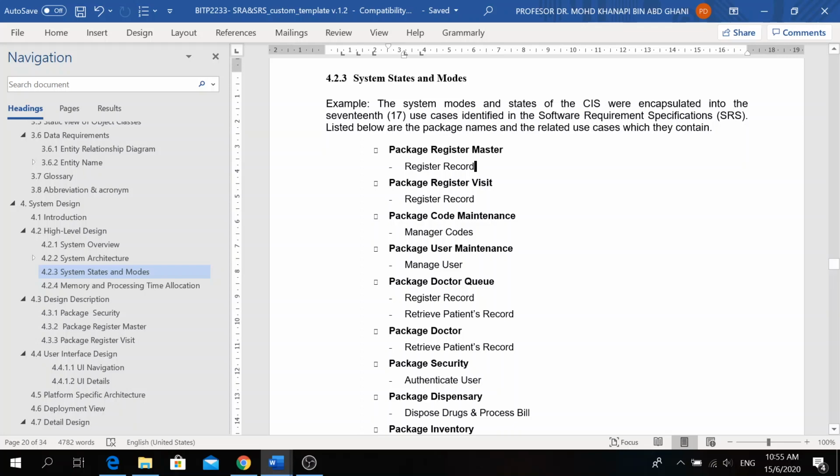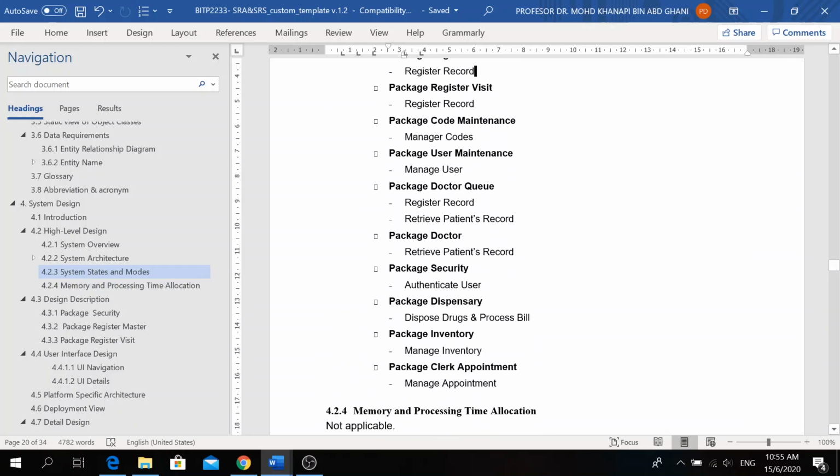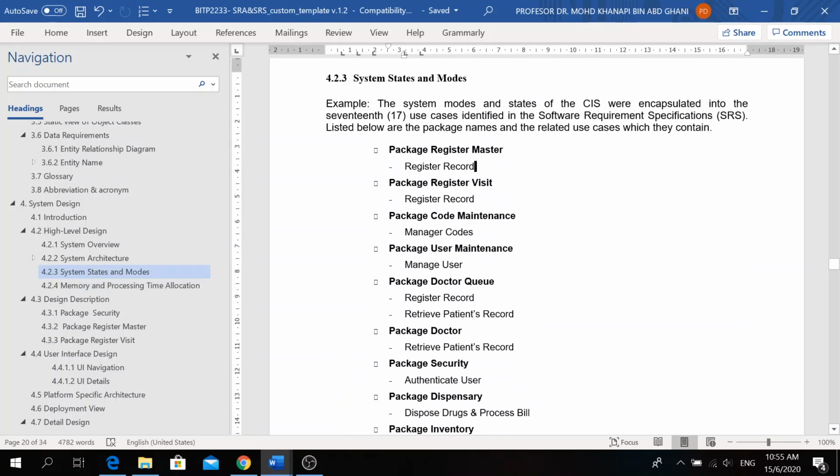Okay, so this is just to list or identify each of the packages that you described in the system architecture, and which use cases own them. For example, you see the package register master under the register record use case, and register visit under the register record use case. Okay, so this is one of